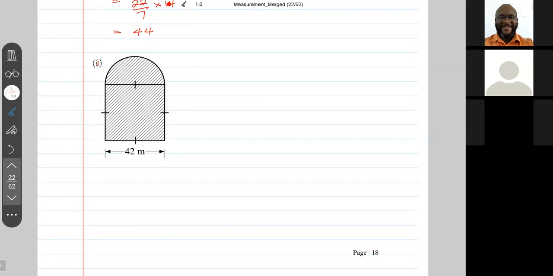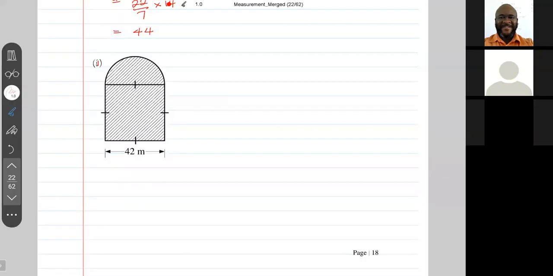This shape is a combination of a square and a semicircle. All right, so for II, again, we're to calculate the area of the shape and the perimeter. So area of this composite shape